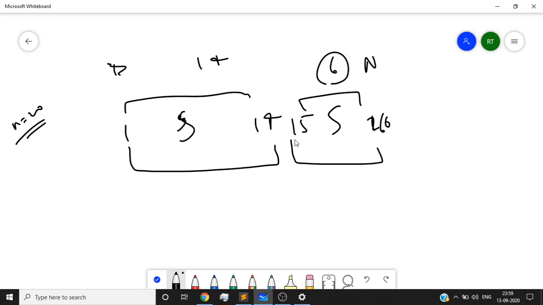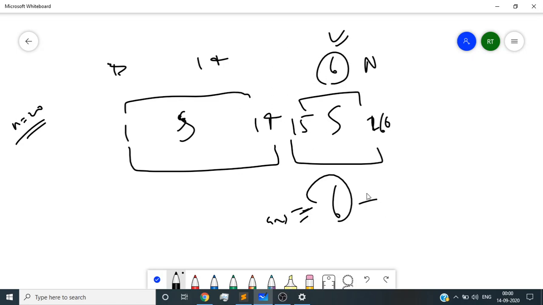Now I'm going to calculate my answer in this case. My answer would be, at first, 6, because I can swap these 6 elements. The minimum of those two is 6. I can swap elements between these two portions so that I would be able to make my sum equal to 14.